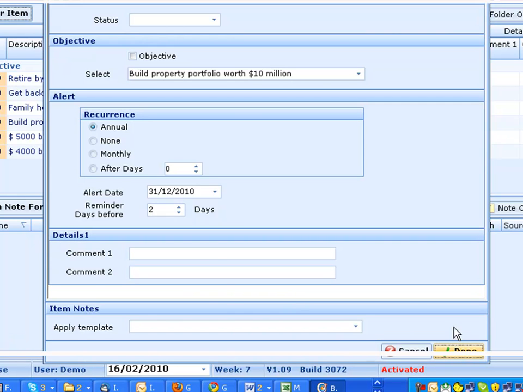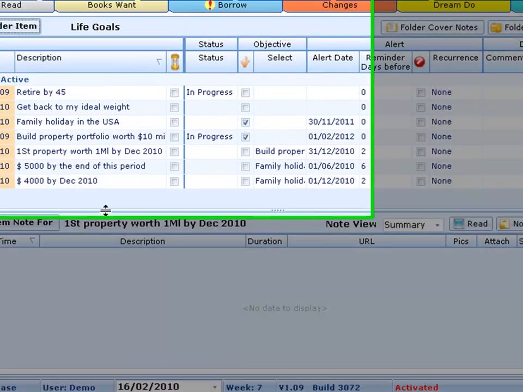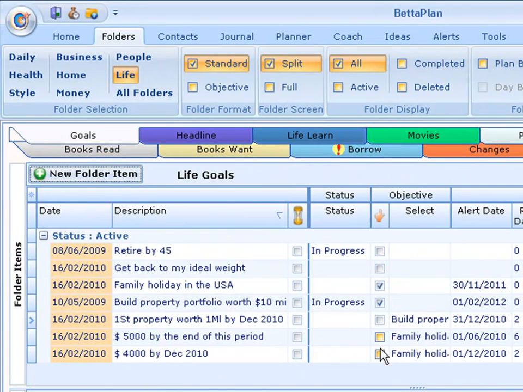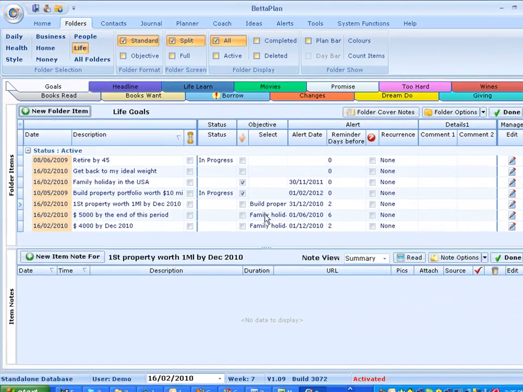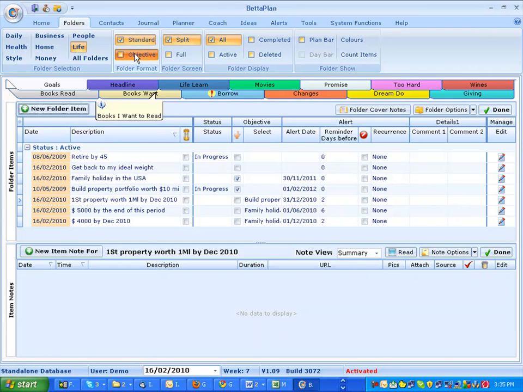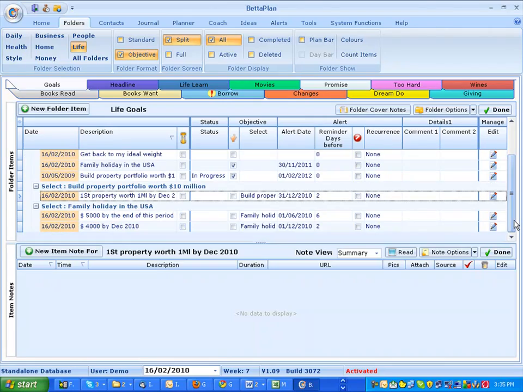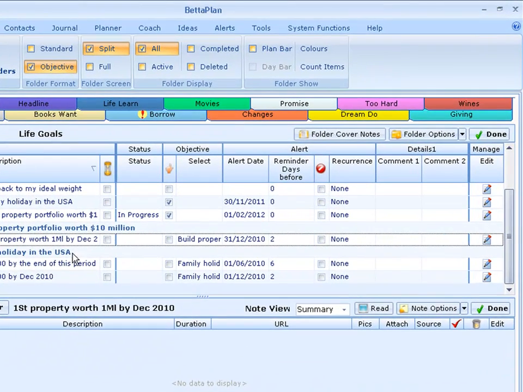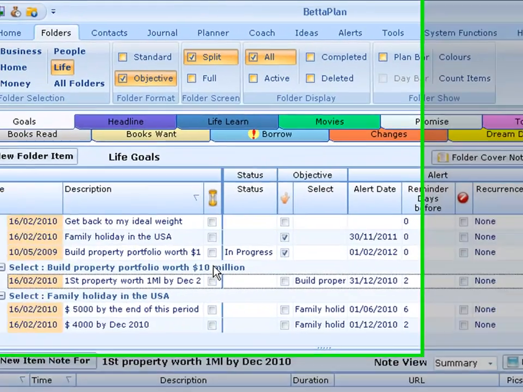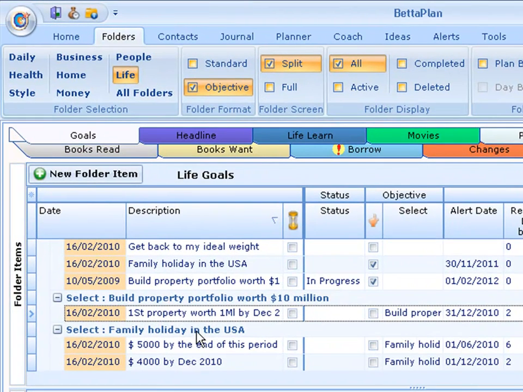And I say done. So you will notice that I have now got 3 entries in here, and they are allocated to specific objectives. If I go again and select my objectives, the system now breaks up the information. It shows me that I've got 1 entry against my portfolio for property, and I've got 2 entries against my holiday in the USA. So that's the use of objectives, and this is how I use the alert to warn me, let me know when something